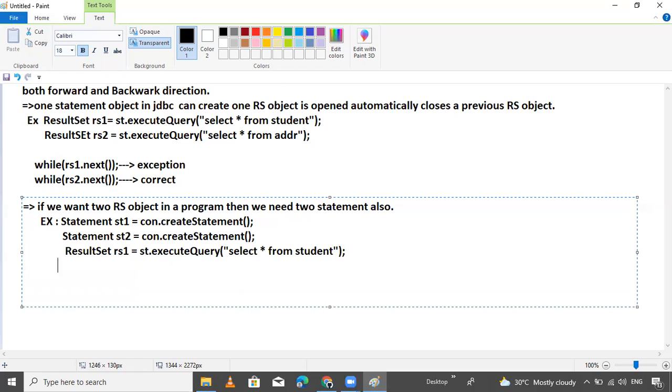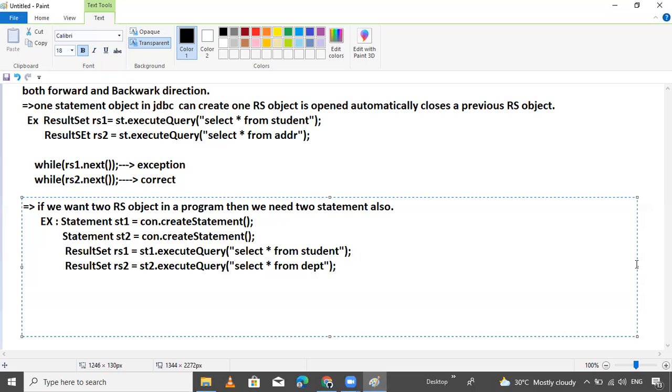And next, ResultSet rs2 equals st2.executeQuery, select star from department, where we pass one department object.